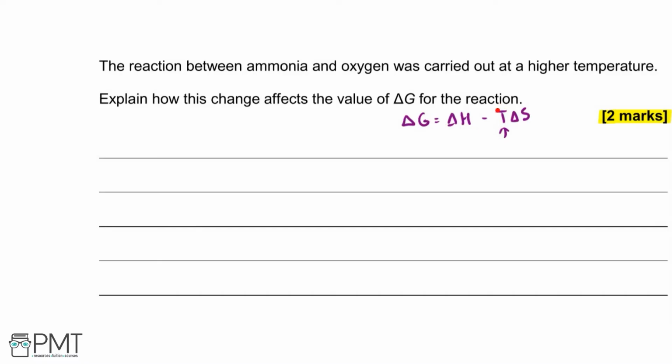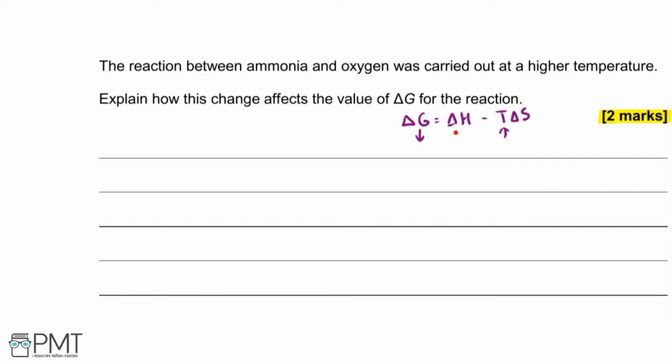So this increase in temperature here makes this section of the equation, this TΔS, more positive, as the ΔS, our change in entropy for this reaction, is positive. What that does is that as we are then subtracting that, the value of the equation overall, and therefore our Gibbs free energy change, is going to decrease, as we are now subtracting a larger number, a more positive number,